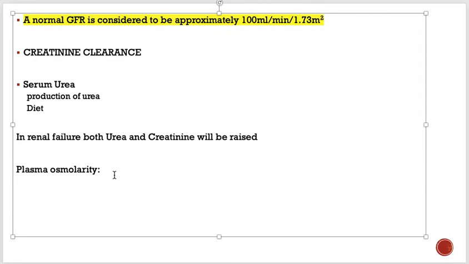I will tell you the equation first, then I will talk about that. So how we calculate plasma osmolarity is by this equation. Plasma osmolarity is equal to 2 multiplied by, or x, we can put x, 2 multiplied by